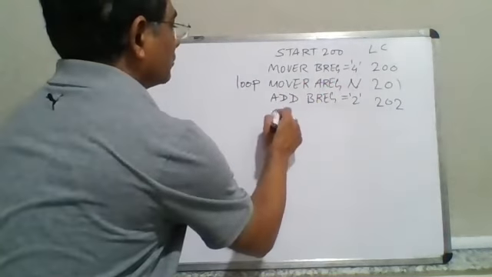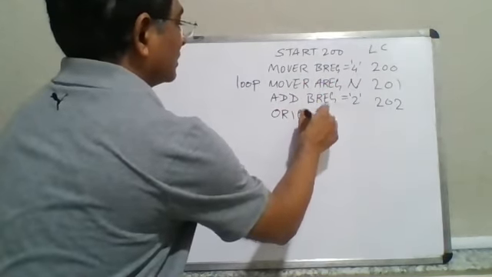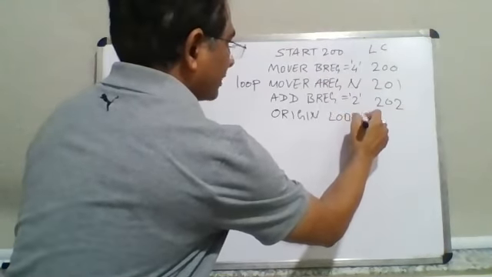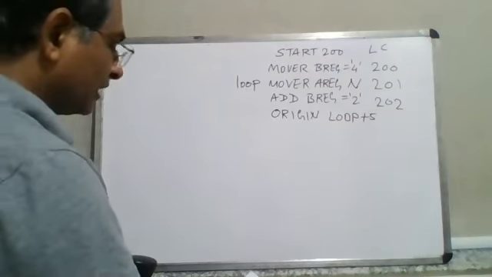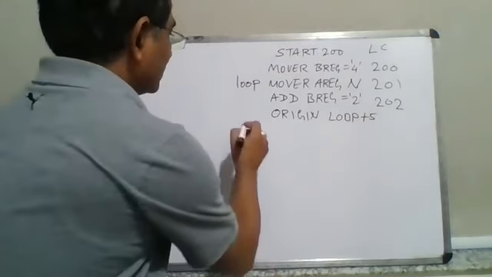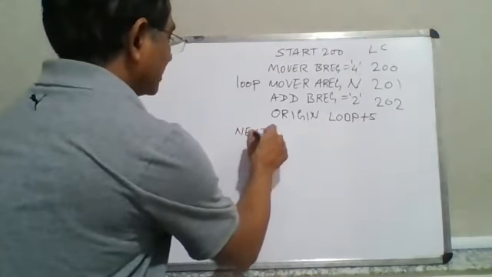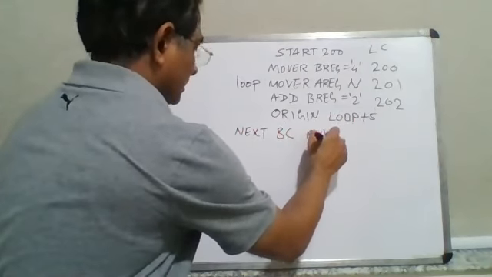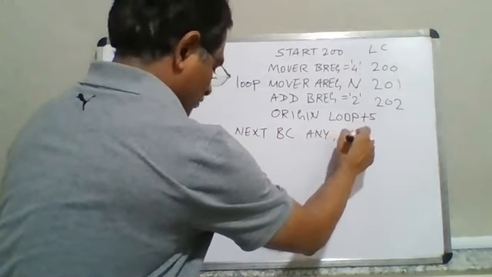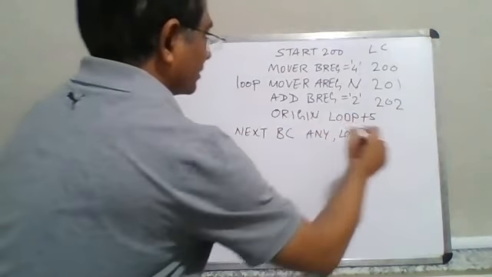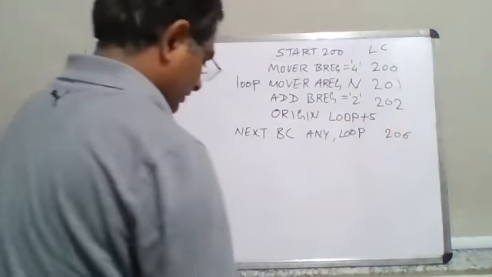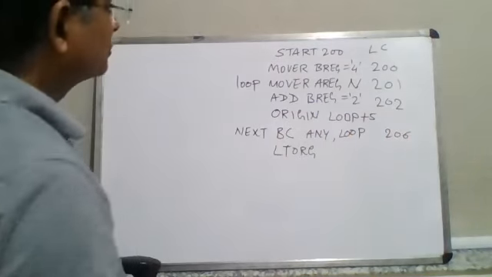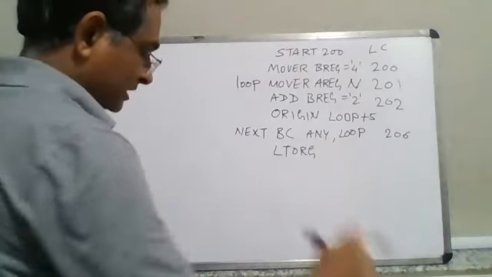And then there is ORIGIN. This is a sample program, so don't worry. So LOOP plus 5. What is going to happen with the origin and other things, I will tell you. Then there is something like NEXT as a label. BC. There is a variable called ANY, and there is something like LOOP, right? So let's say this location counter is 206. So there is something like LTORG, because my objective is to take this LTORG, ORIGIN and such type of